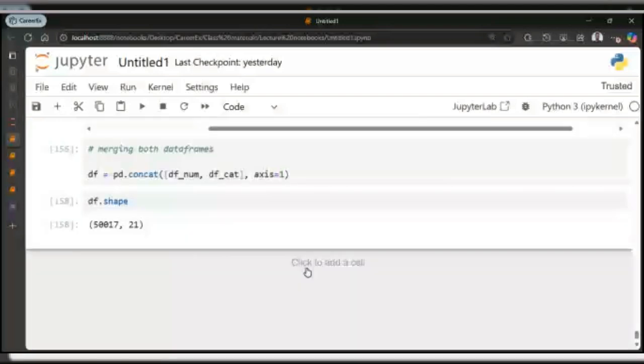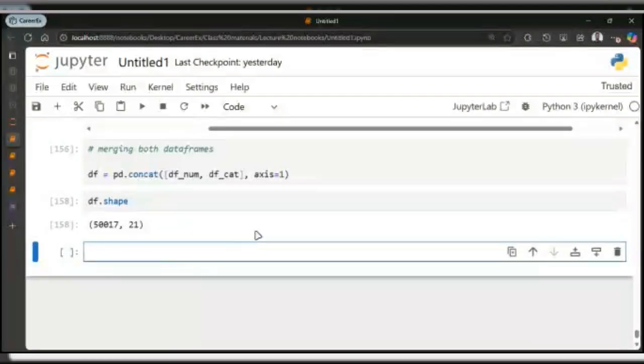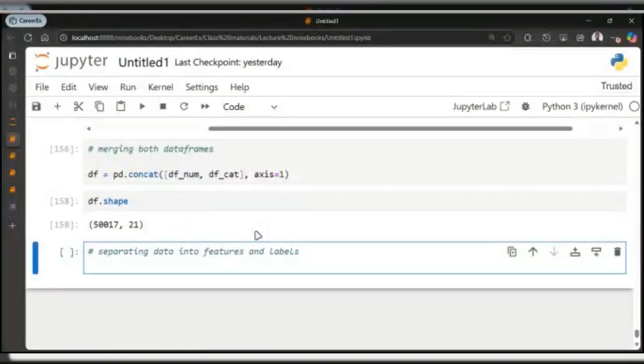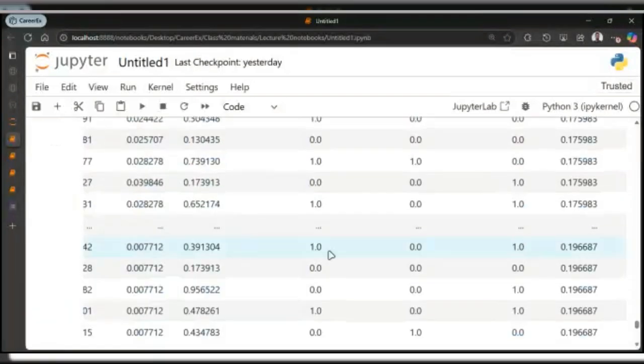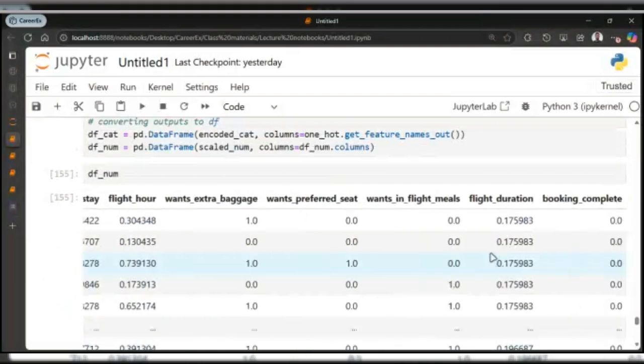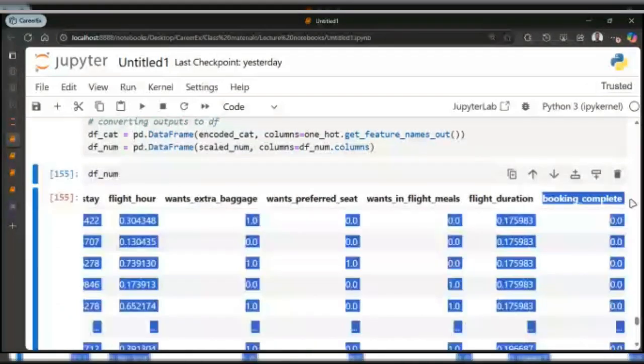So now you can start to separate your data into features and labels. Let's just call it separating data into features and labels, right? Our features now are everything except booking complete, because booking complete is what we want to use as our y variable.